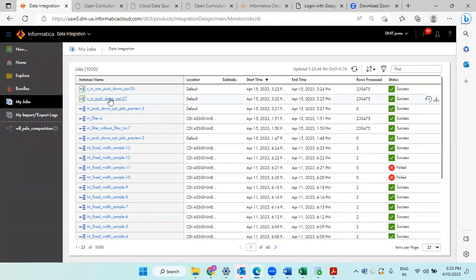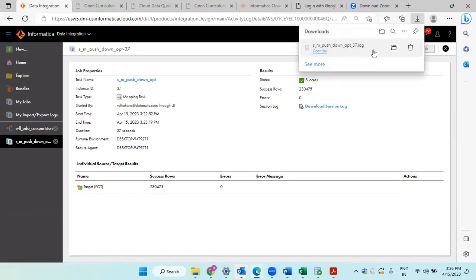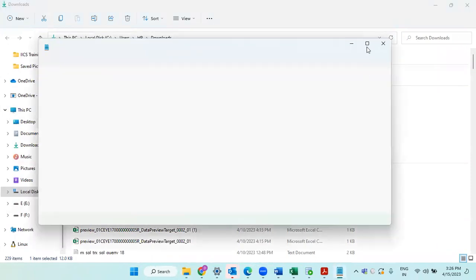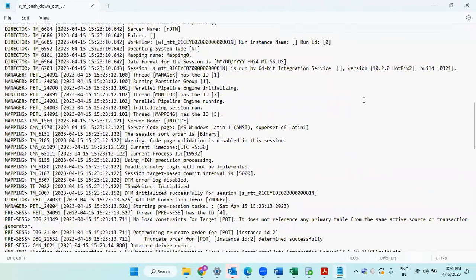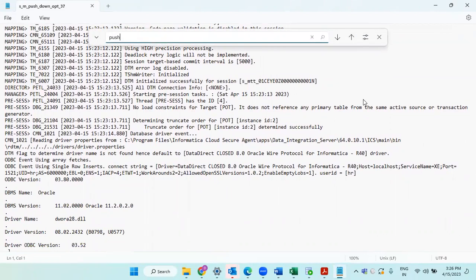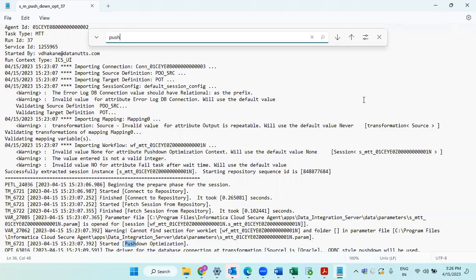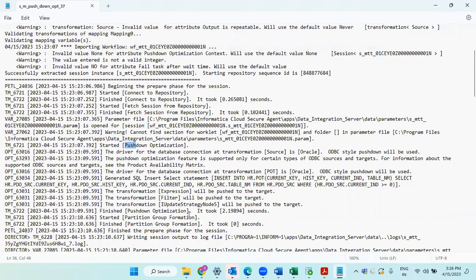So these are the logs of the session where we have applied the push down optimization. In that I will show you our push down optimization has succeeded. Okay, so if you go into the logs, you can press Ctrl+F, and okay, here you can see